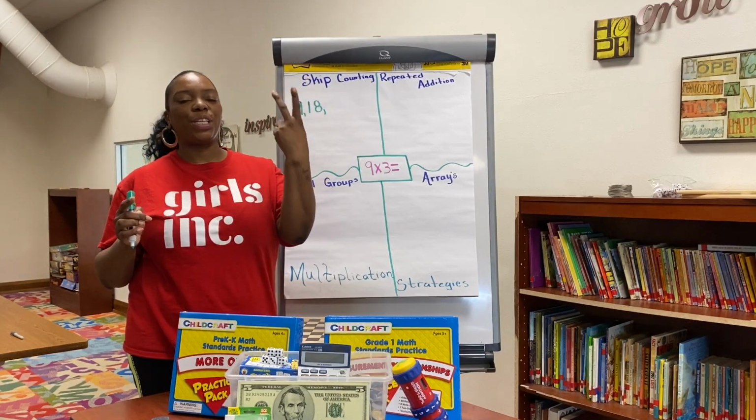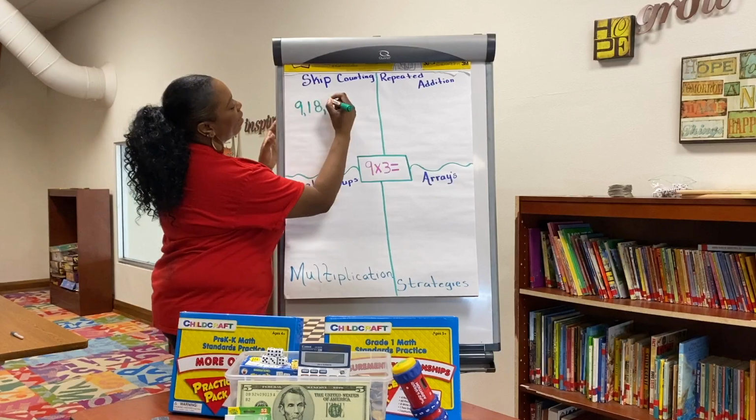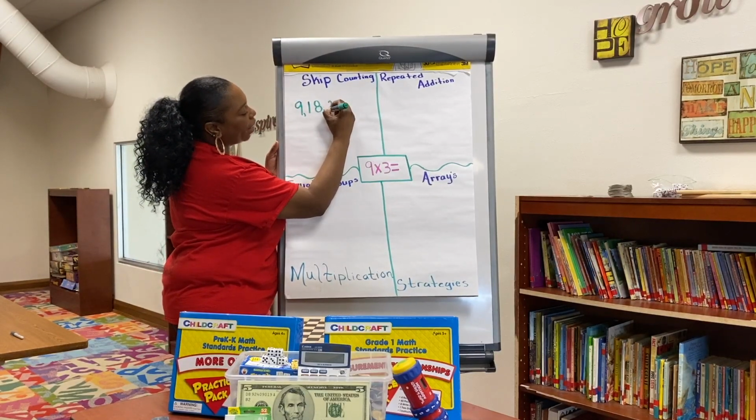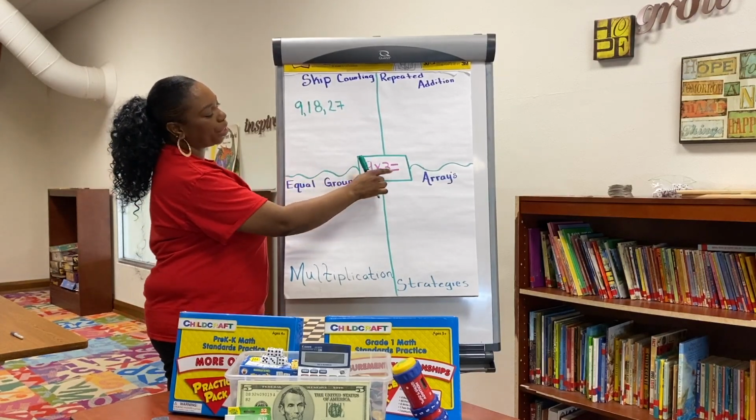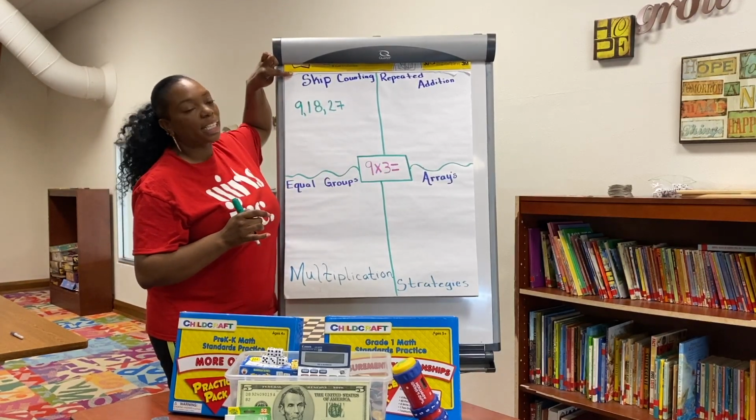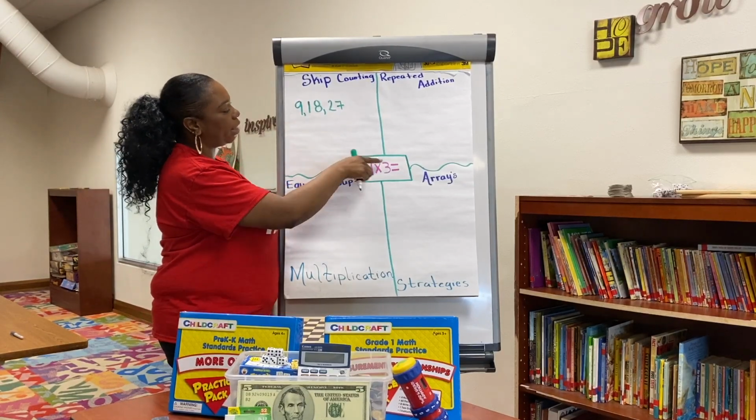18, 19, 20, 21, 22, 23, 24, 25, 26, 27. Now that I added 9 3 times, I have my product, which is 27. 9 times 3 is 27. Again, this is a skip counting method. What we did is we kept adding, we added 9 3 times,